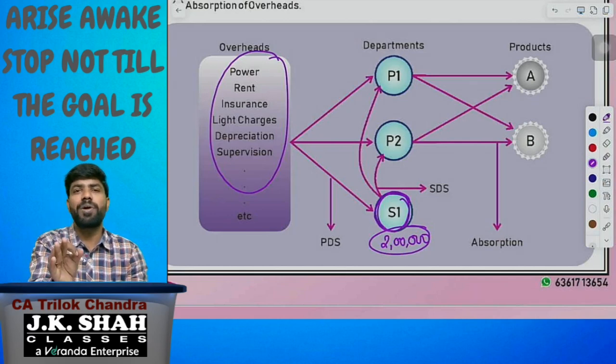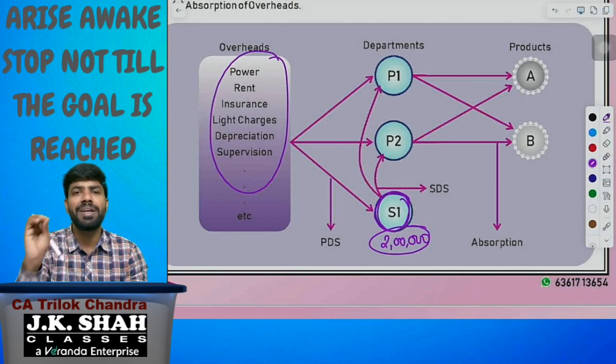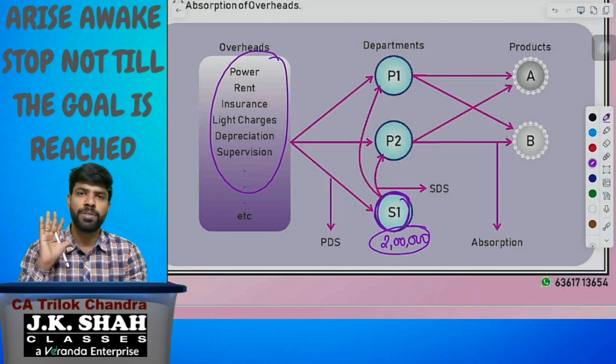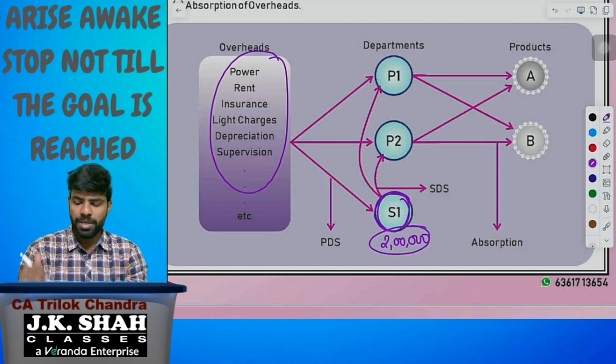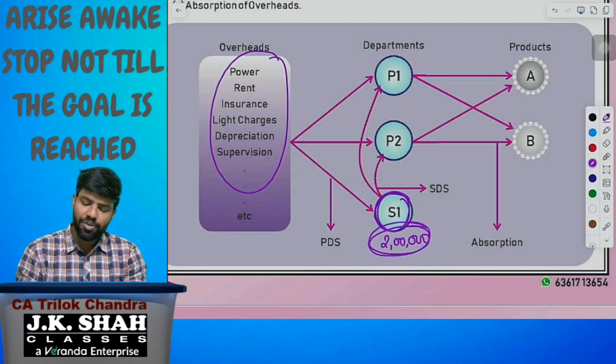Most service departments will not have revenue generation capacity. Repairs and maintenance does not have any revenue. Storeroom will not have any revenue. So the service departments cannot recover the cost. This unrecovered cost of 2 lakh rupees has to be apportioned back to the production departments,